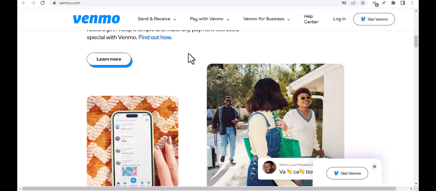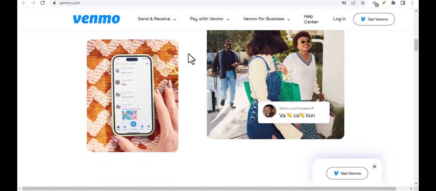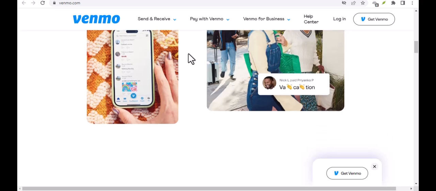4. Google Pay, now Google Wallet for Android users. Google Pay, now often referred to as Google Wallet, offers a convenient way to send money. It allows you to send funds to anyone using their phone number or email, and they can receive it directly into a linked bank account.